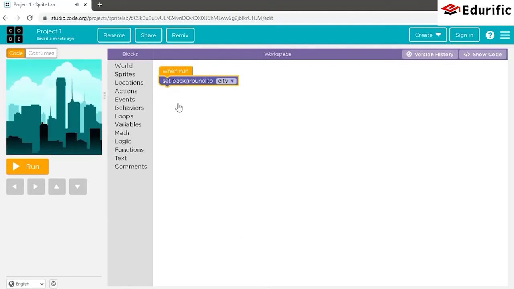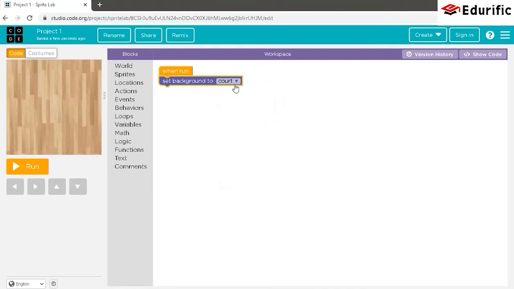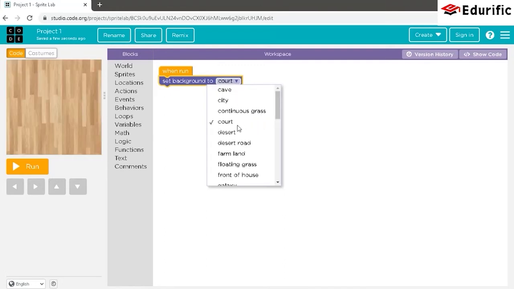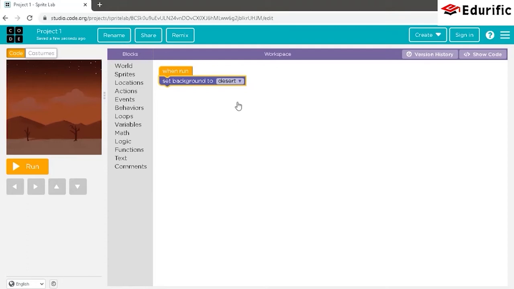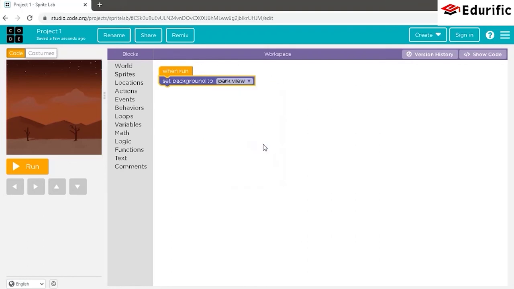And as you can see, it is written set background to city, and in the visualizing section you can see a city background. We can also change the background to different kinds of options, such as cave, desert, or on scrolling down we might find a park view.